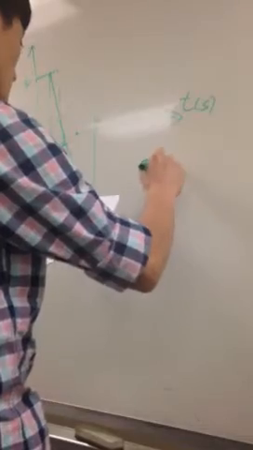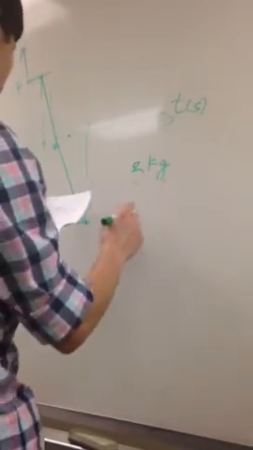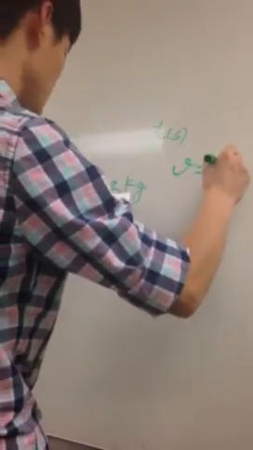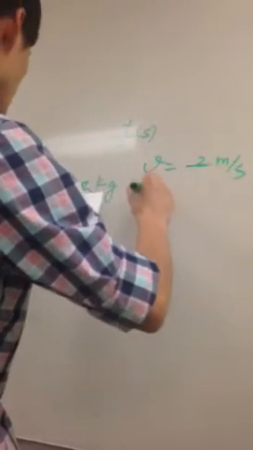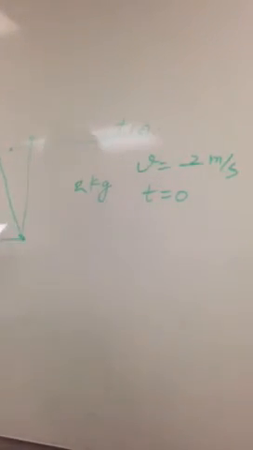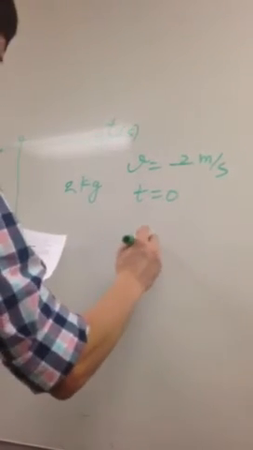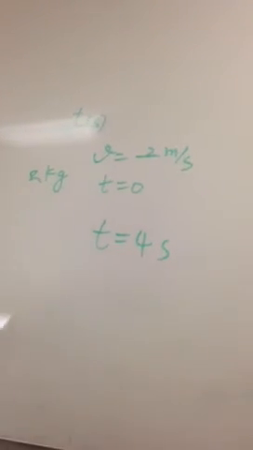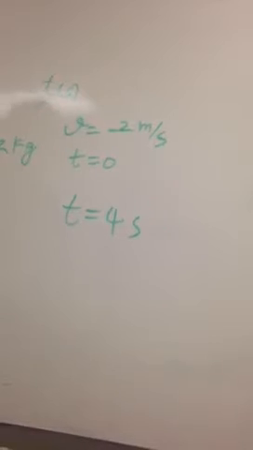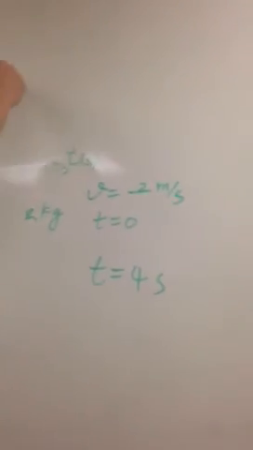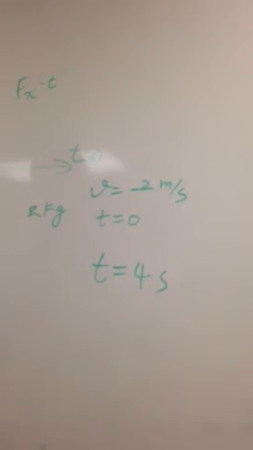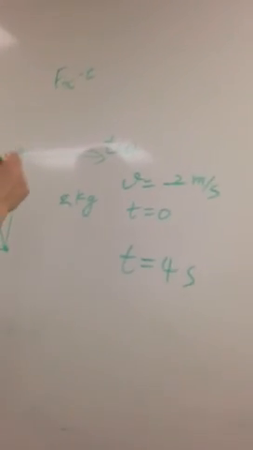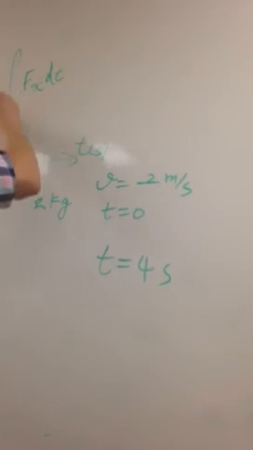The only force acting on a 2 kilogram object moving along the x-axis is this. The velocity is -2 meters per second at time equal to 0. And the question is, what is the velocity at 4 seconds? So Ft, say from 0